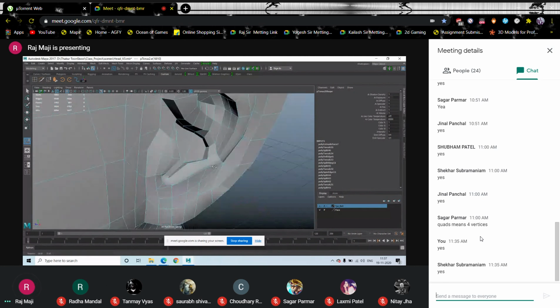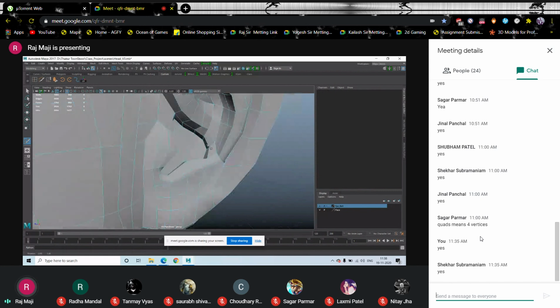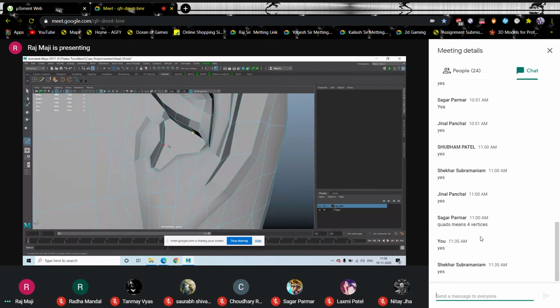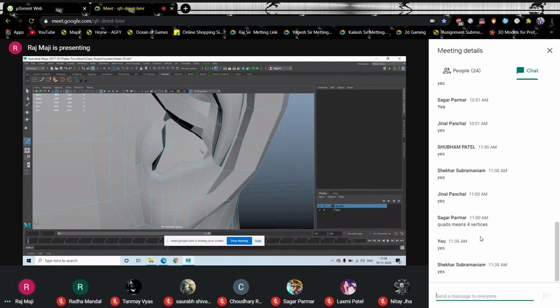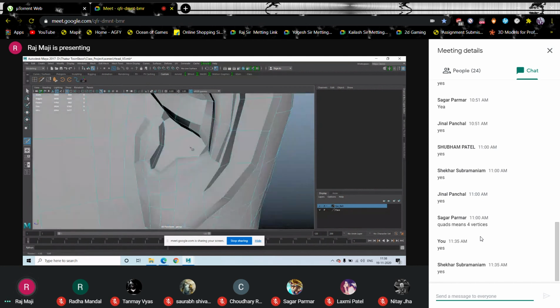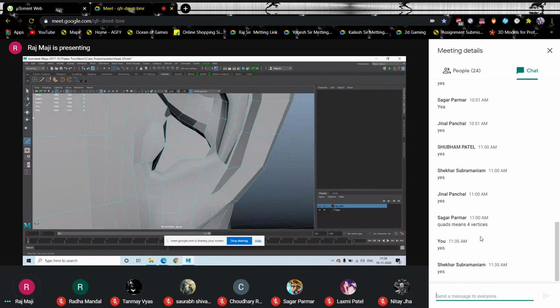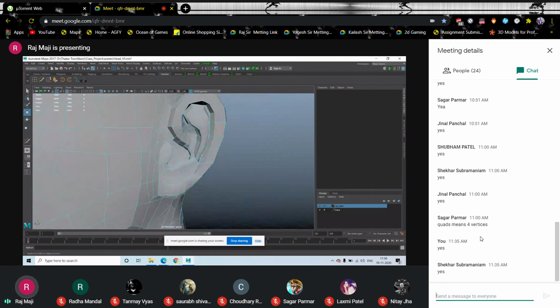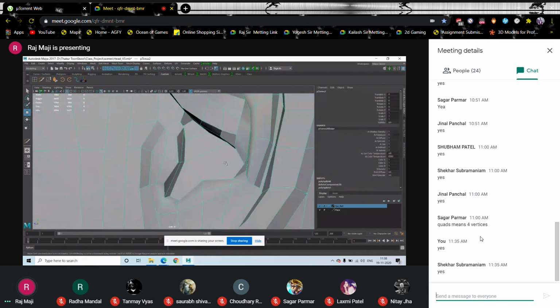Okay, all right. So now let me check. This is pentagon. So now this is quad. I'll just delete this. This is a quad. This is a quad. This is a quad. This is a quad. Okay, all right. So this is the first negative shape. I have extruded it inside, right? Now